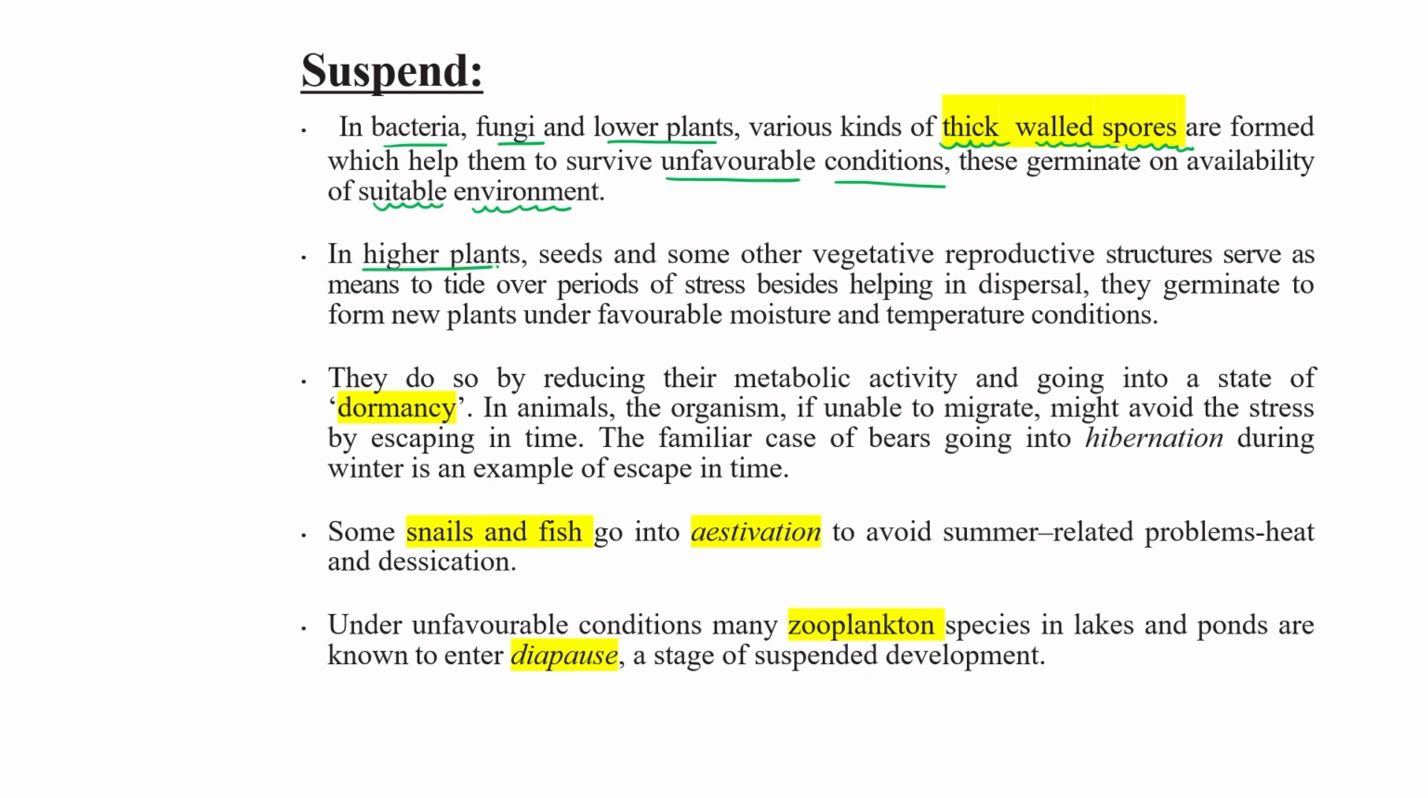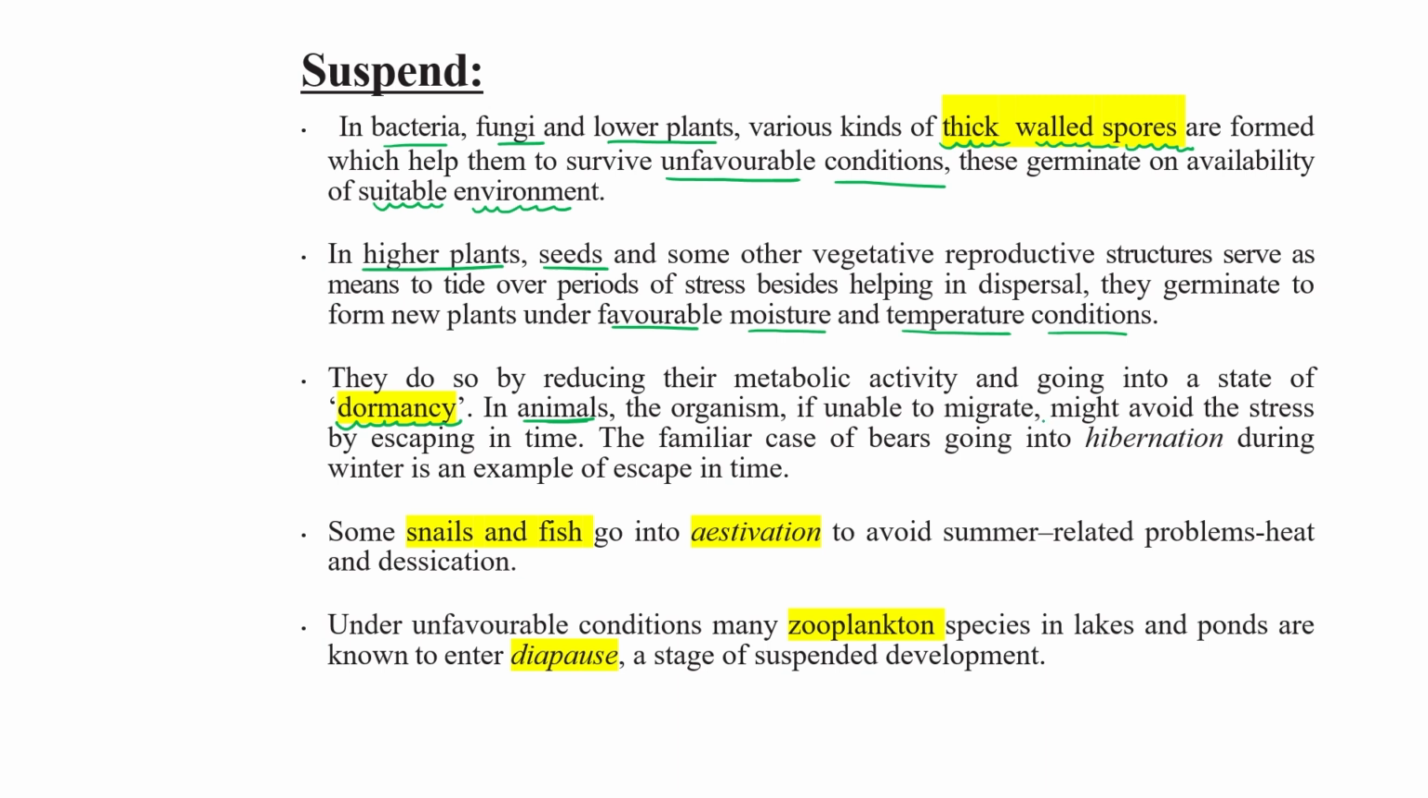For higher plants, seeds and some other vegetative reproductive structures serve as a means to tide over a period of stress. Besides helping in dispersion, they germinate to form a new plant only under favorable conditions, favorable moisture content, favorable temperature conditions. They do so by reducing their metabolic activity and going into a state known as dormancy in higher plants. In animals also, if the organisms are not able to migrate, then